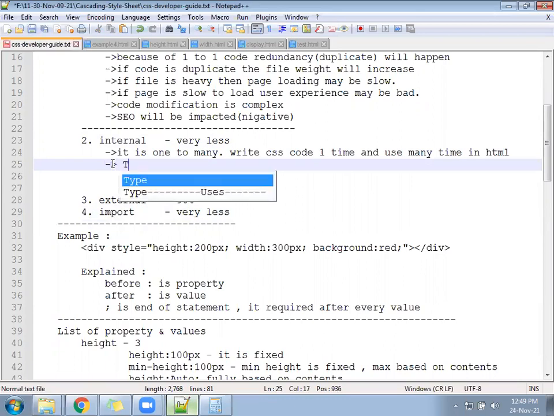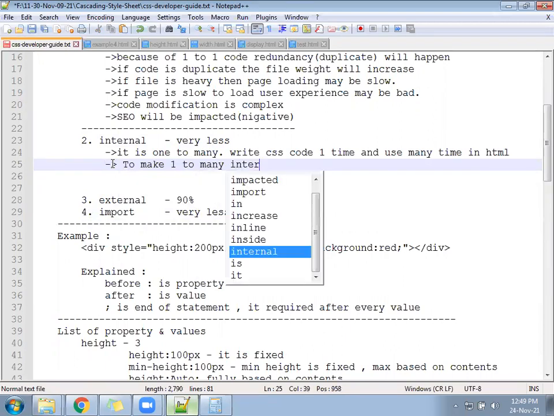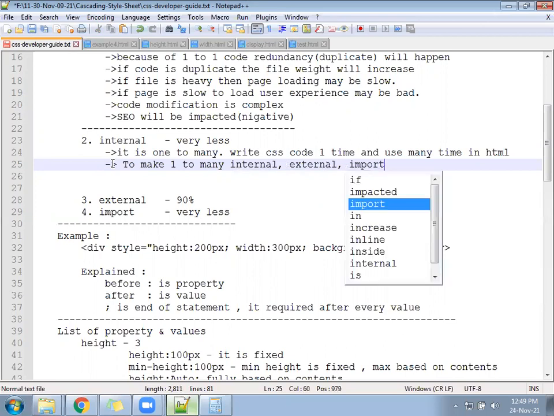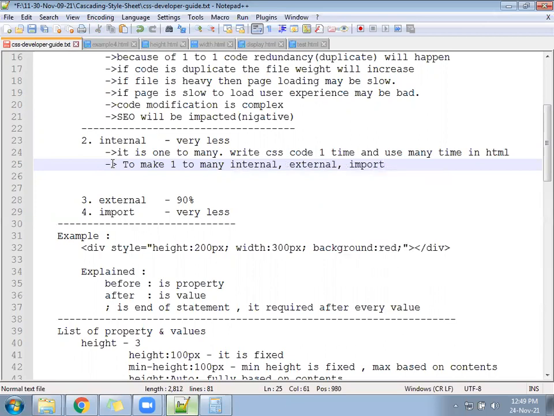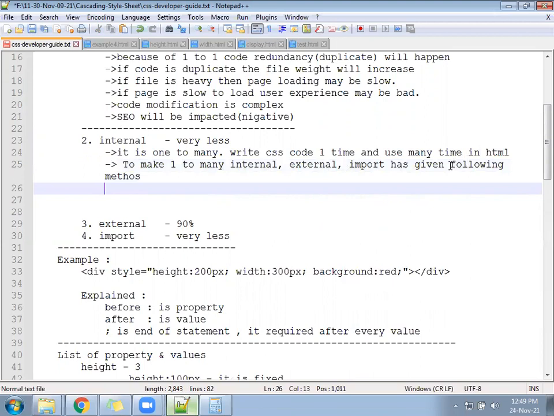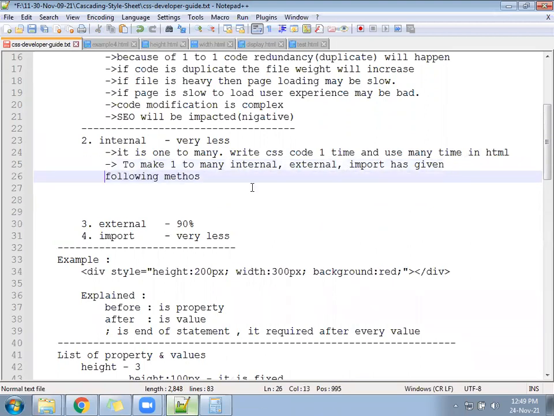To make one to many: internal, external, import. Internal, external, and import have given the following methods.